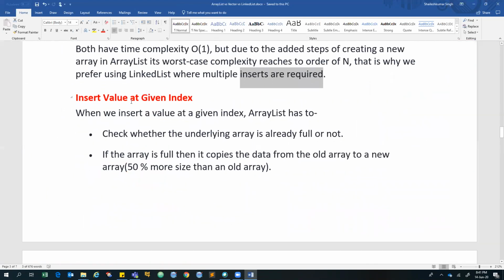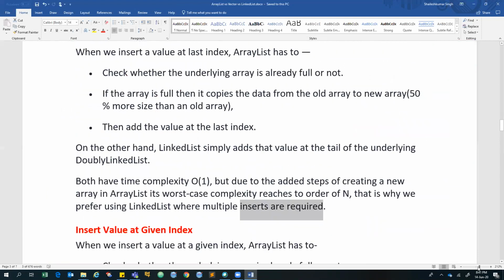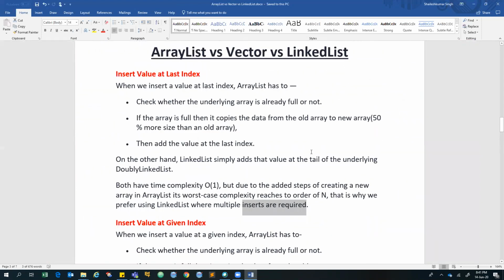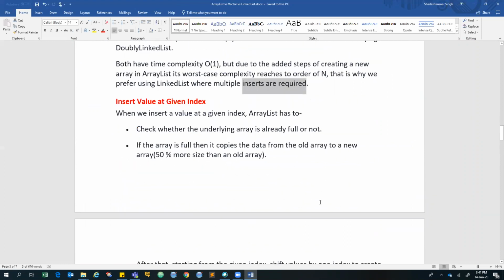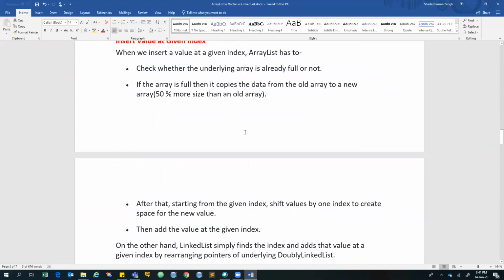So now, what is insert value at the given index? In the first one, I just had to insert at the end. Here in this case, I'm looking for a space in the middle, or after the second element, or after some specific element. So how does the operation work in the array list, the vector and the linked list, that we're going to study. If you are trying to insert some value at a given index,